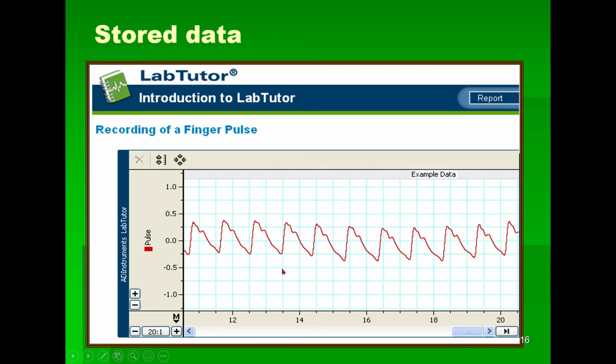And from now onward, I will show you some examples of recorded experiments. For example, there is the experiment of recording of finger pulse. It means if you want to record your pulse, how many times your heart will beat. With the help of this experiment, you can understand how many times your heart will beat. You just have to place the finger pulse transducer and click the start button, and your recording will start. After that, you can count how many pulses you have in 1 minute.